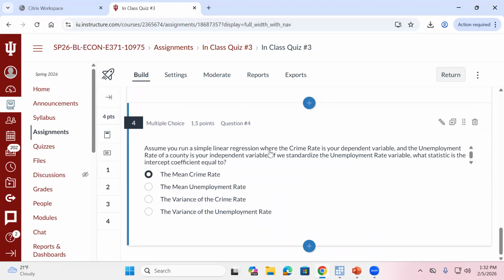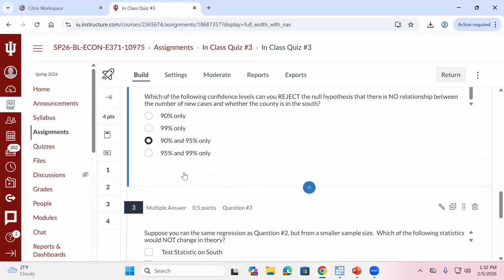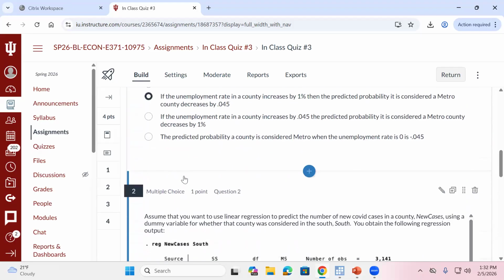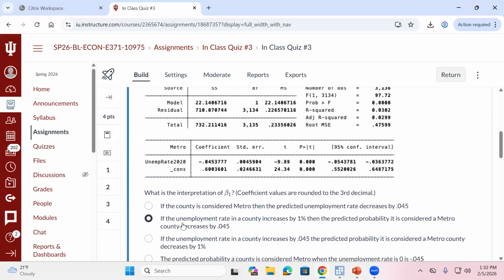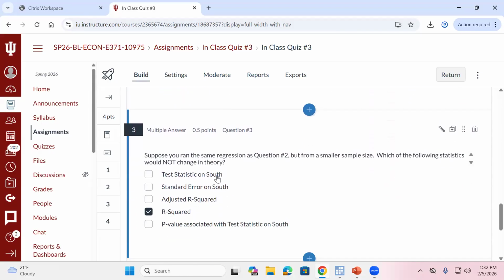So let's say I ran this regression where crime rate, just to be clear before we go into these, you now have the answers to 3 and 4. We talked through the answers to 2 and 1. You should hit submit on the quiz, right? Everyone who is here should get 100% on this quiz today. Okay. So are there any questions before we dive into why the answers for 3 and 4 are correct?